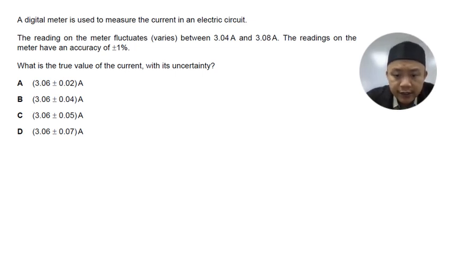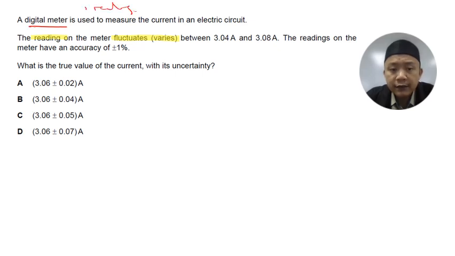Now, for this question, you have to be very careful and understand. That means you need to read the question carefully, because it says the reading fluctuates or varies between 3.04 and 3.08 amperes. What does it mean? It means the digital meter is used to take one reading, only one reading, but that one reading is fluctuating